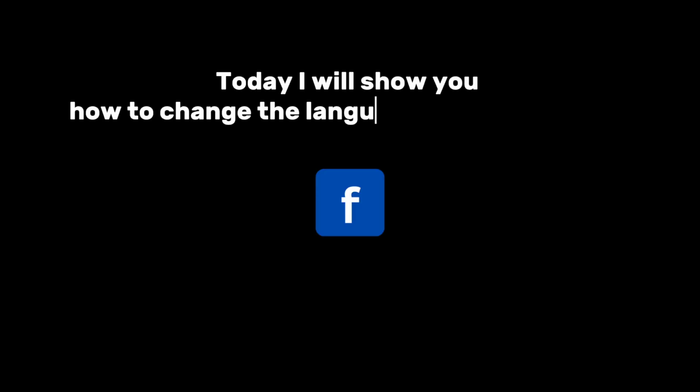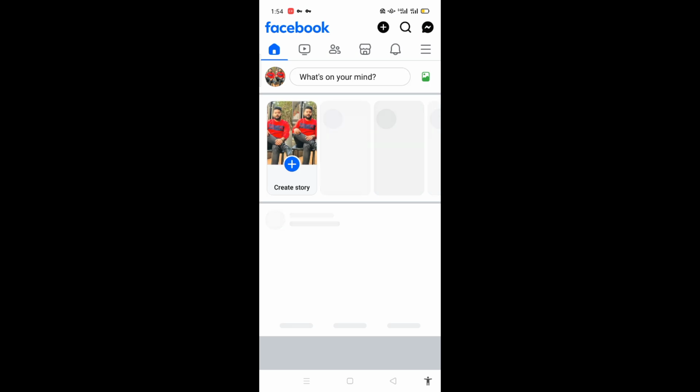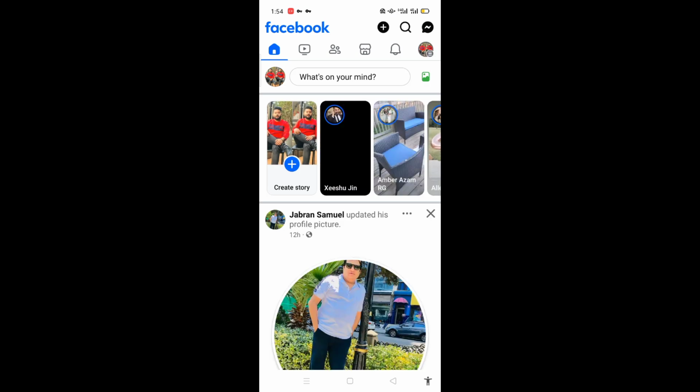Today I will show you how to change the language on the Facebook app. So here you can just open the Facebook app on this Android device. Then click the three-line settings icon in the top right corner,